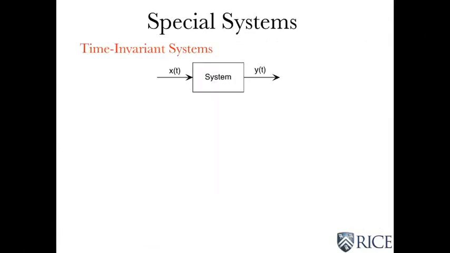Now, another special class of systems are so-called time invariant systems. So what these kind of systems are is that if you come into the lab, let's say, and you build a device and you put in an input and you measure what the output is, you leave the system alone, you come back the next day, you put in the same